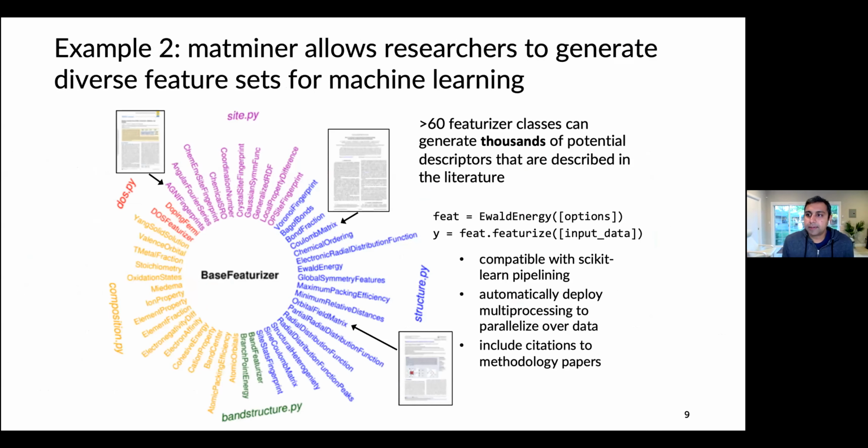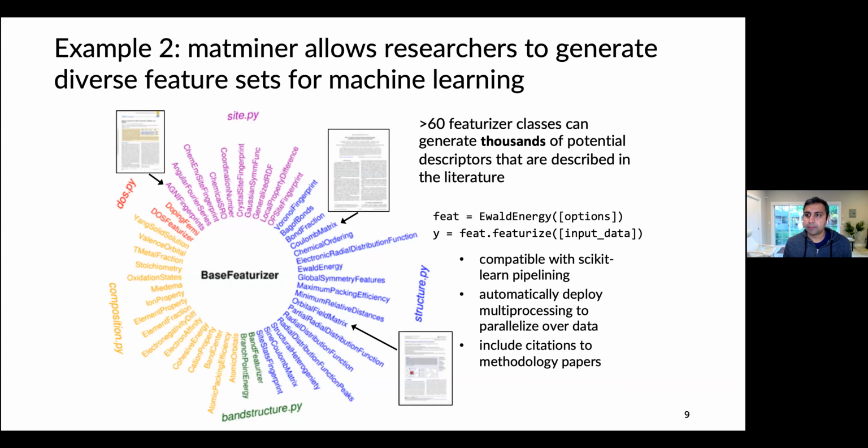More relevant to this session, another package that Materials Project offers is called Matminer. And Matminer is really a way to generate feature sets for machine learning. It doesn't do the full machine learning process itself, so it doesn't do the machine learning model. It really is a way to just start with a composition or a crystal structure or a site in a crystal and generate different types of features for that. So right now there are more than 60 featurizer classes. So there's many different types of feature sets that you can do. And each of those feature sets can generate maybe tens or hundreds of features. So you really can generate thousands of potential descriptors using the Matminer package.